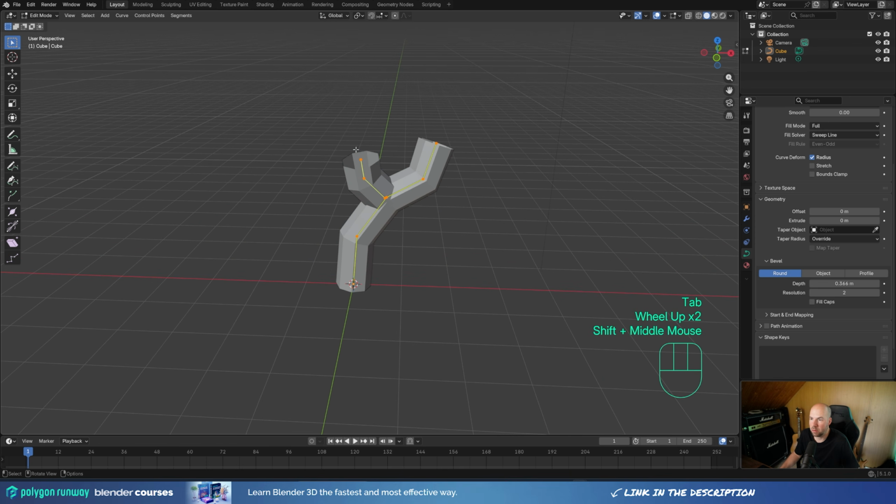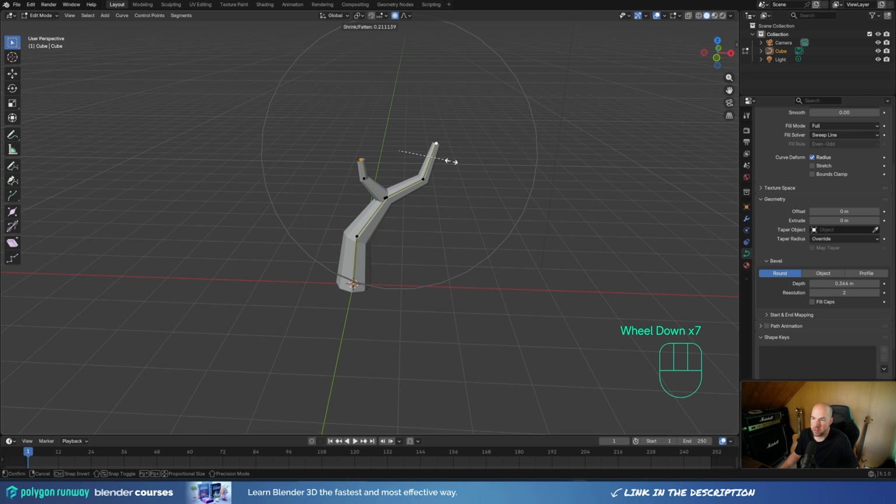Now you can see this looks a little bit different because these are no longer vertices, these are control points of the curve. And we can just select the endpoints here, hold Shift, select the other one, and press O to enable proportional editing, or you can just click here. And now we can press Alt S to reduce the radius for the curve there. And if you increase the falloff with the mouse wheel, you can see the circle getting bigger. It will influence larger and larger area, and that's exactly what we want,